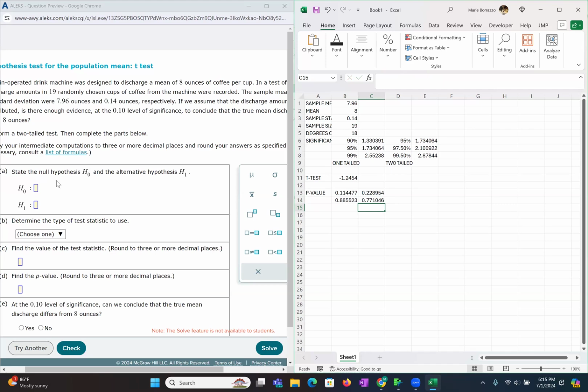All right, so let's play over here. The null hypothesis, according to this, is going to tell us that